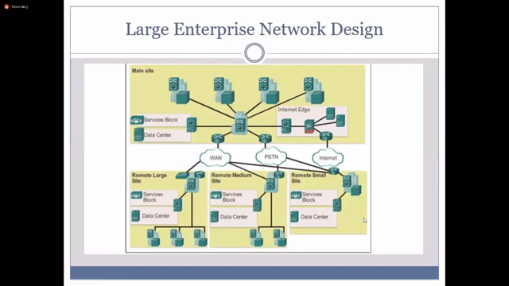So this is some background of the enterprise network. It has a WAN, wide area network, telephone systems, internet. They have remote large sites, and their sites have services like data centers and service blocks. They have their main site, and they have remote medium sites and remote small sites. This is a large enterprise network. They have different types of connectivity and different types of technology.